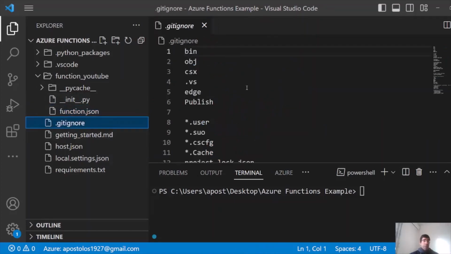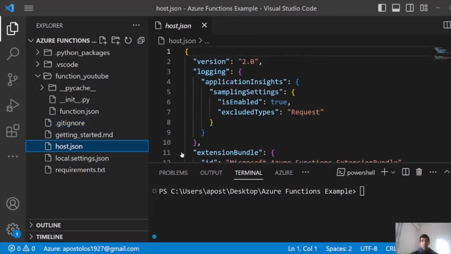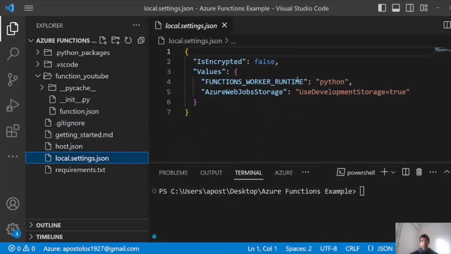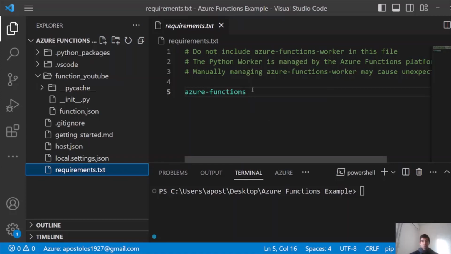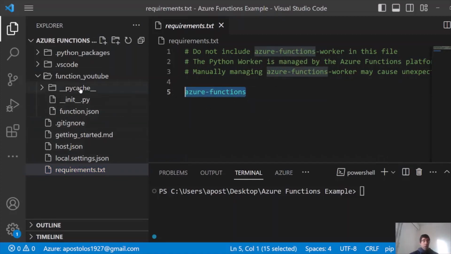Git ignore, it's the git ignore, so if you don't want to publish anything on Git, just use git ignore. Host contains the global configuration for our function app. Local settings contains a configuration and connection string for our local environment, so we can test it locally. And requirements contains all the dependencies that should be installed on the Azure environment when we publish